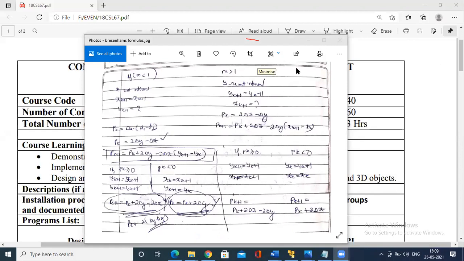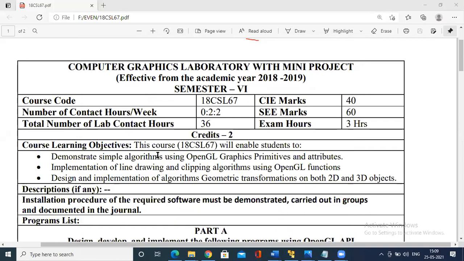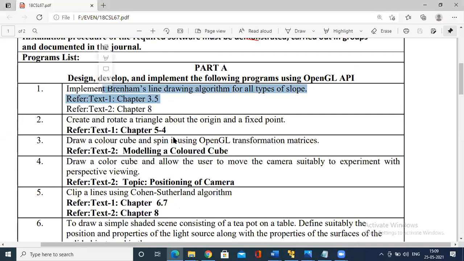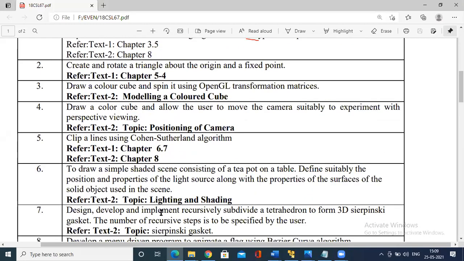And study for internals. All of you have internals. You have 1.5 units, so try to go through the exact notes that have been provided. Even the PPTs, I need to upload the updated PPT till the first IA. I'll upload it today. And anything you can discuss. Now we have covered most of the syllabus here. 4 programs have been completed: Bresenham's, the third program, the fourth cube program with perspective view, and the seventh program, Sierpinski gasket.